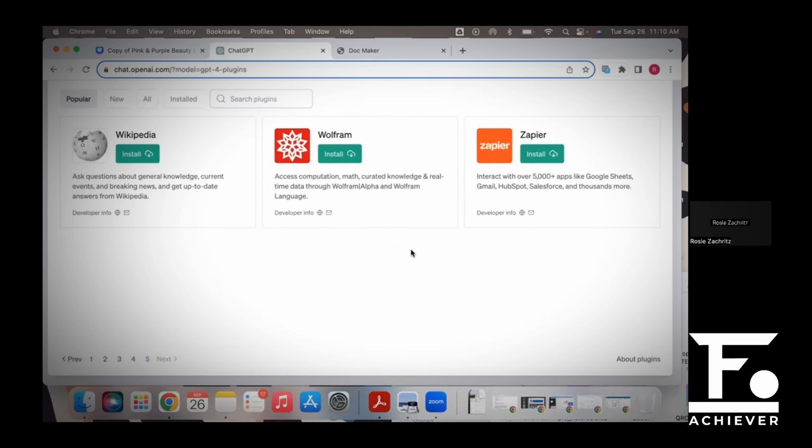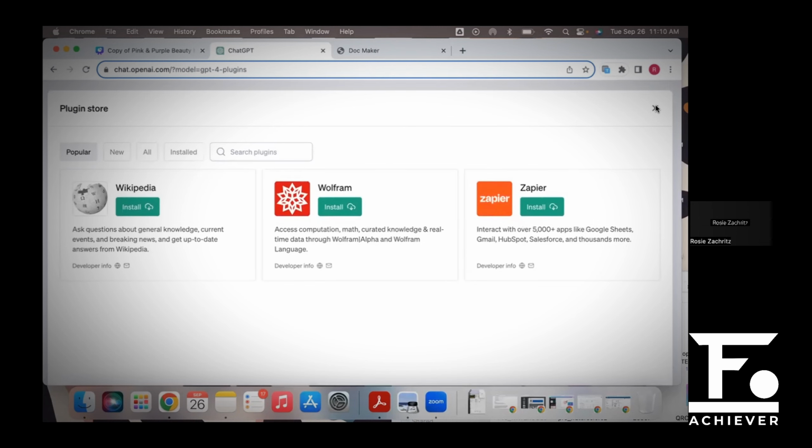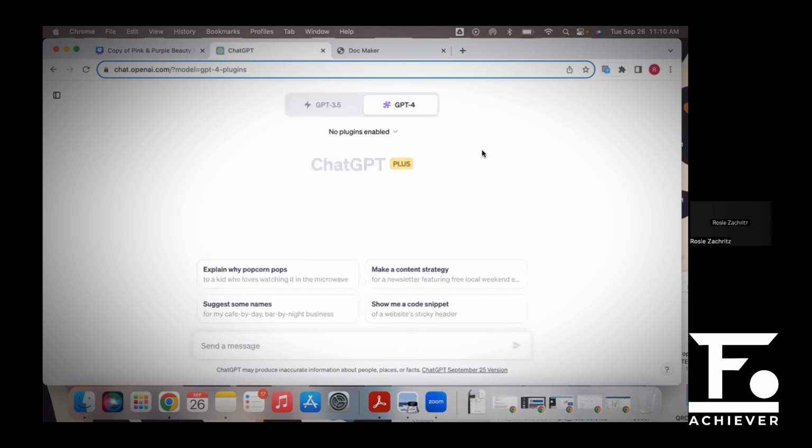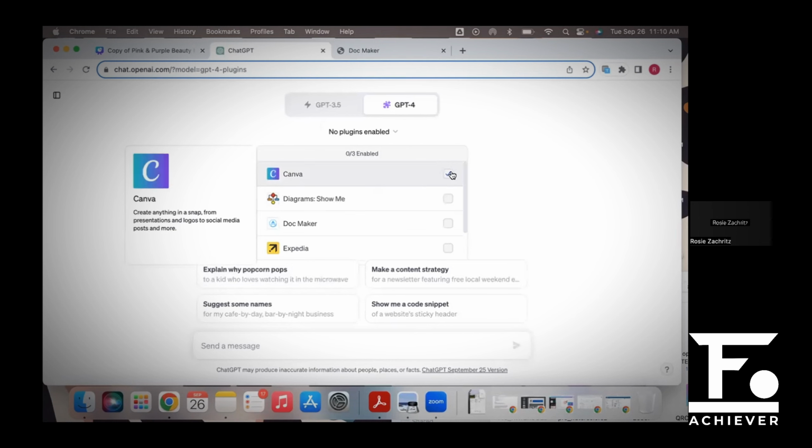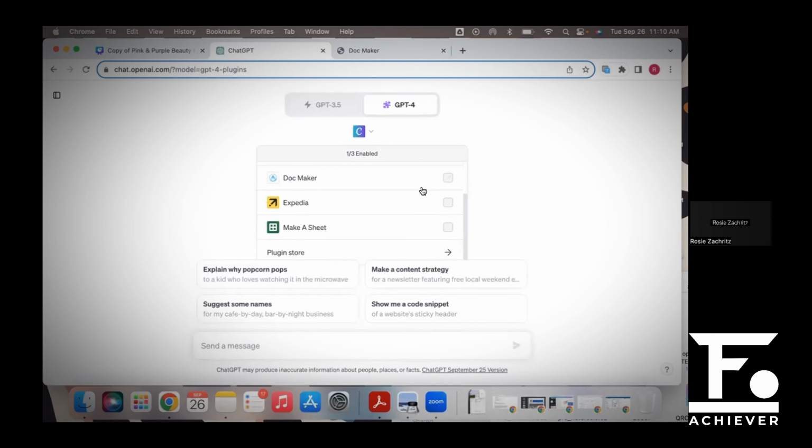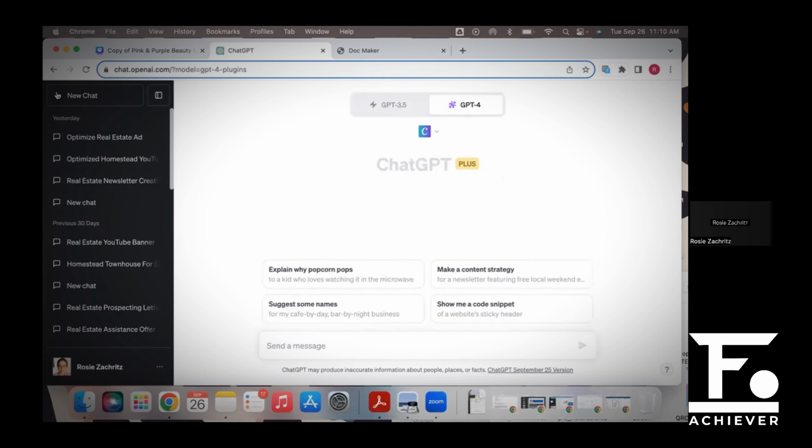How do I get out of here? How do I get out? Plugin store. All right, so we're going to get out of the plugin store. So you've downloaded, let's say, the Canva one. I hope everybody went ahead and put the Canva one in there. I'm going to show it to you if not. All right. And we got Doc Maker in there too. Okay. So when you go into your chat,